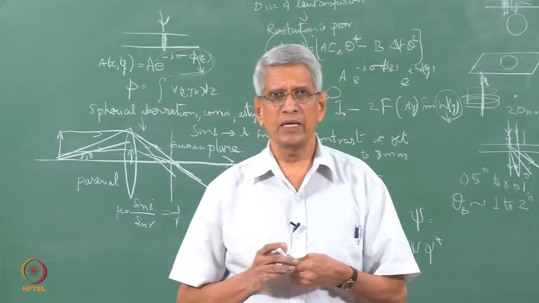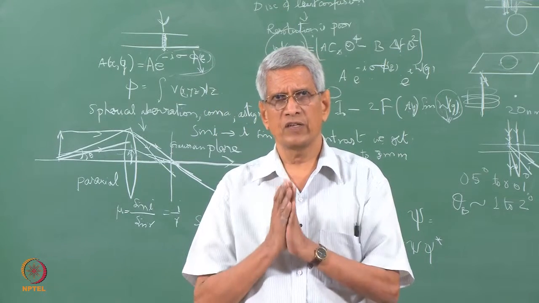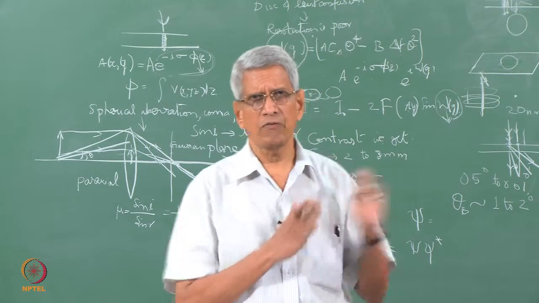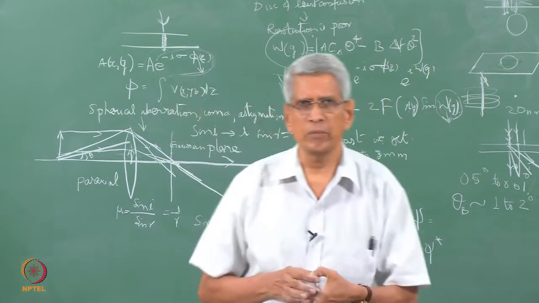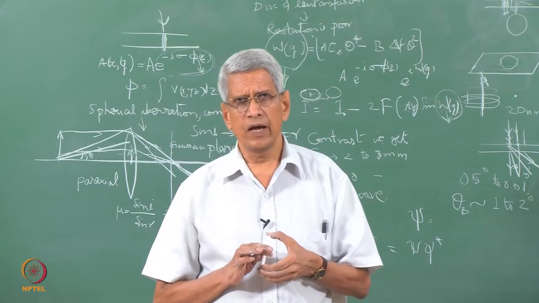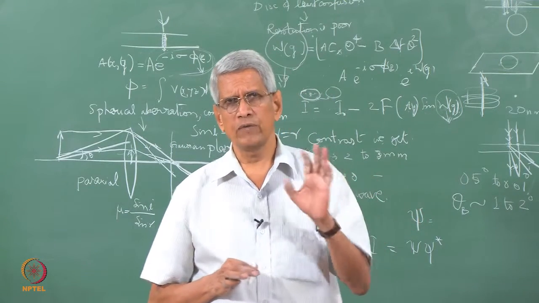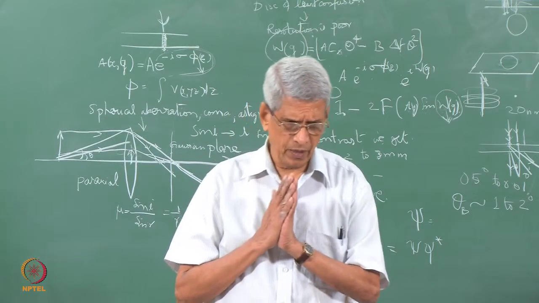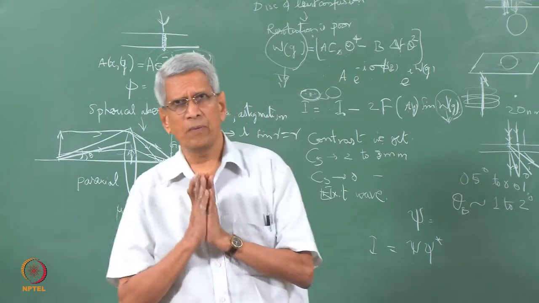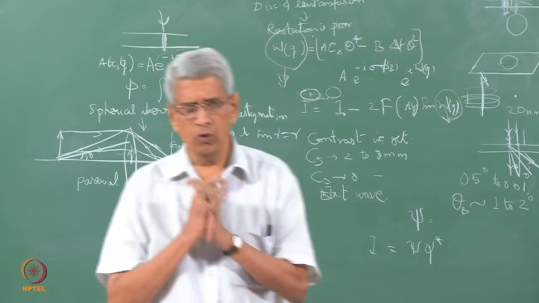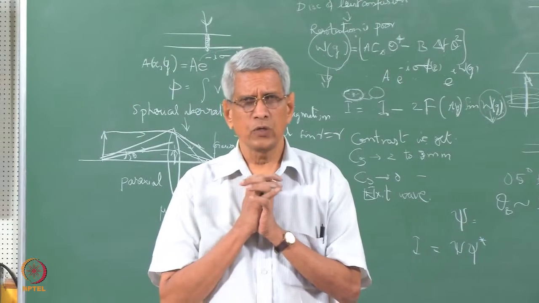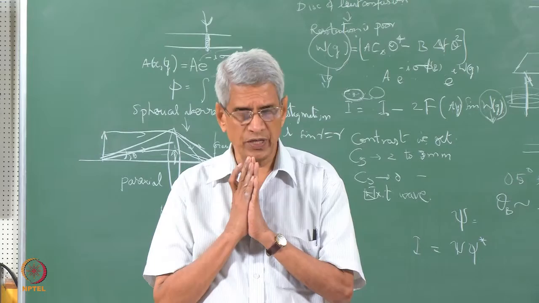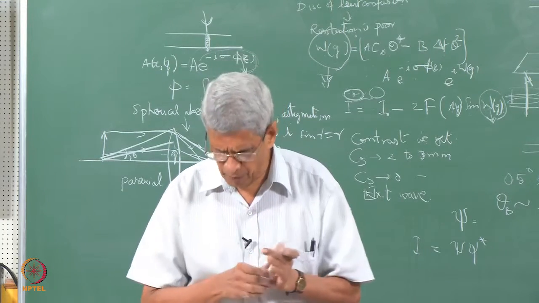For that, what has to be done is that we have to assume a model of that sample and then go about doing it, and many images have to be taken in a conventional high resolution image. And then we have to do an image simulation, and only then can we get information about the crystal structure. The same information can be obtained in a much more elegant manner using electron holography. Holography is a technique which was invented in the 1950s, for which Gabor got the Nobel Prize.